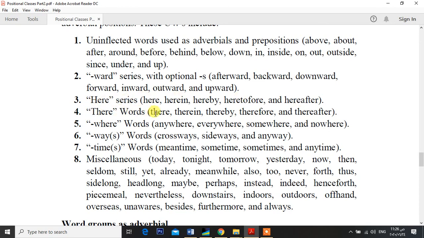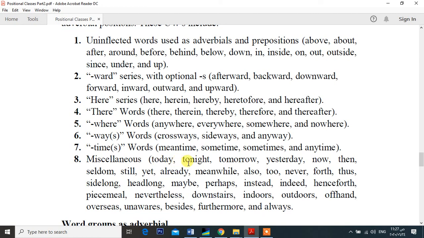Number 4, the words like there, therein, thereby, therefore, and thereafter. Number 5, where words like anywhere, everywhere, somewhere, and nowhere. Number 6, way words: crossways, sideways, and anyways. Number 7, time or times words like meantime, sometime, sometimes, and anytime. The last one, miscellaneous. Miscellaneous means diverse, various, or varied. Those words